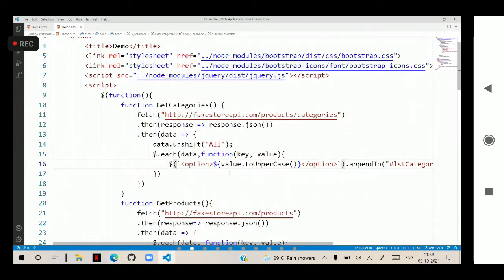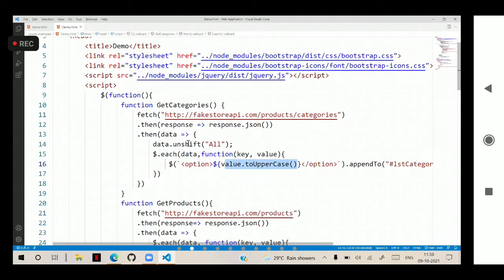Because jQuery is a ready-made function, jQuery uses ready-made functions which use the trim method whenever the library is used. By using trim it removes spaces, and whatever comes after the space it will delete. That leads to certain problems for us. That's the reason we will use the value directly.